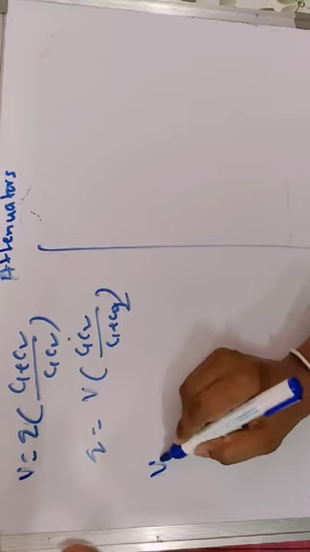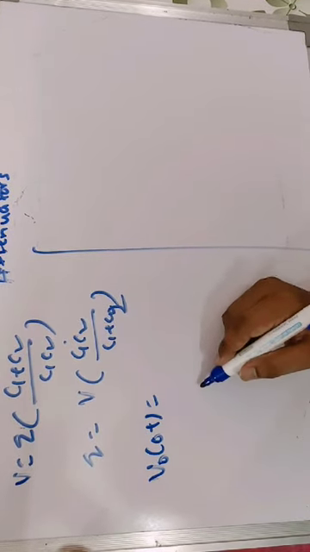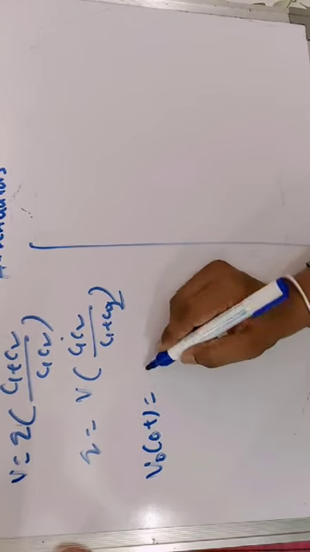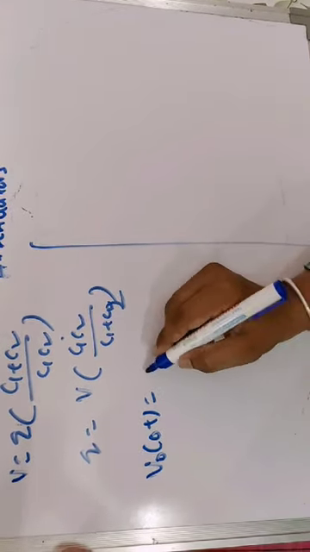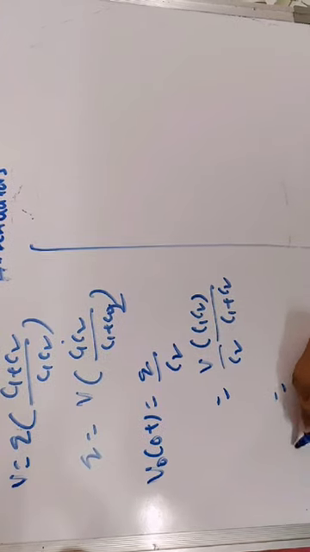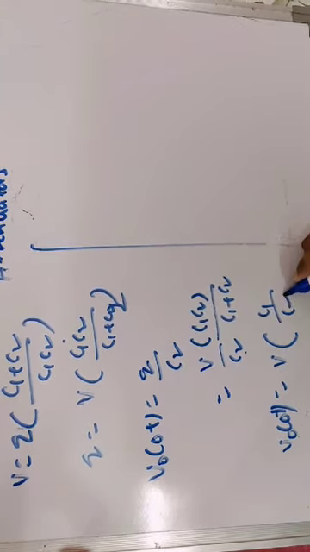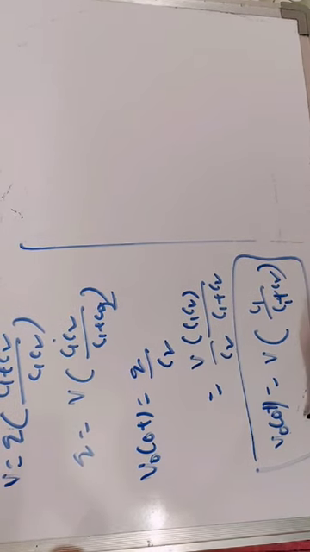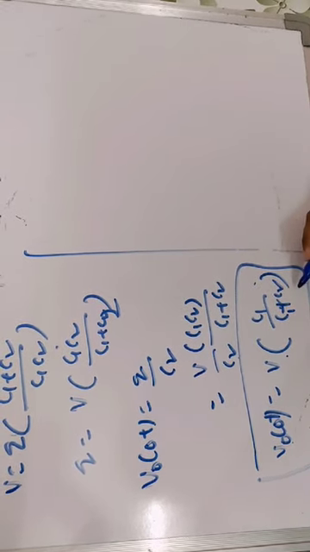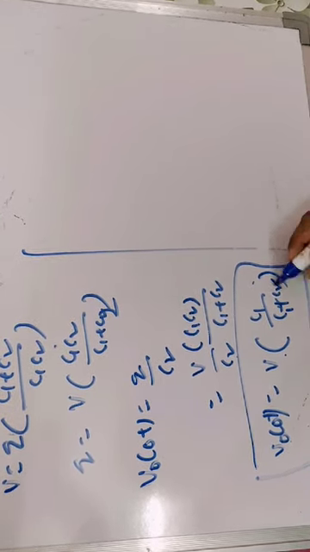The output voltage is across the capacitor C2, so it is expressed as V naught of 0 plus, which at t is equal to 0 plus is Q divided by C2. If you substitute Q equal to V into C1 C2 divided by C1 plus C2, divided by C2, C2 cancels out and V naught of 0 plus is V into C1 divided by C1 plus C2. So just after the closing of the switch, the output voltage is V into C1 by C1 plus C2, and it is independent of the resistors here.